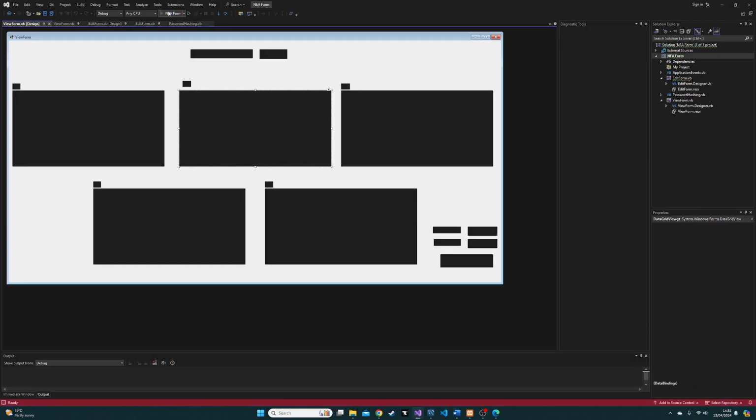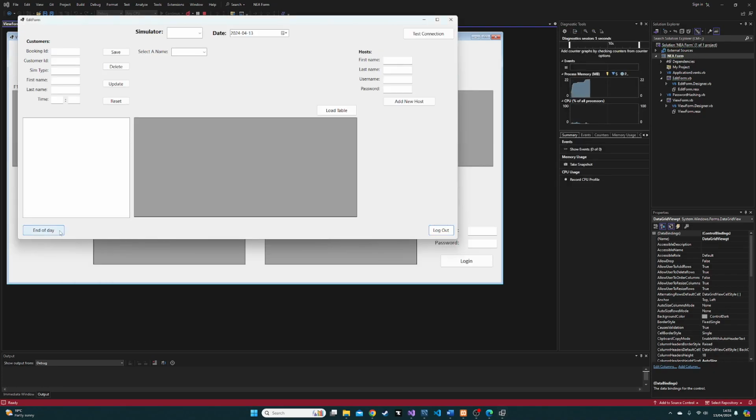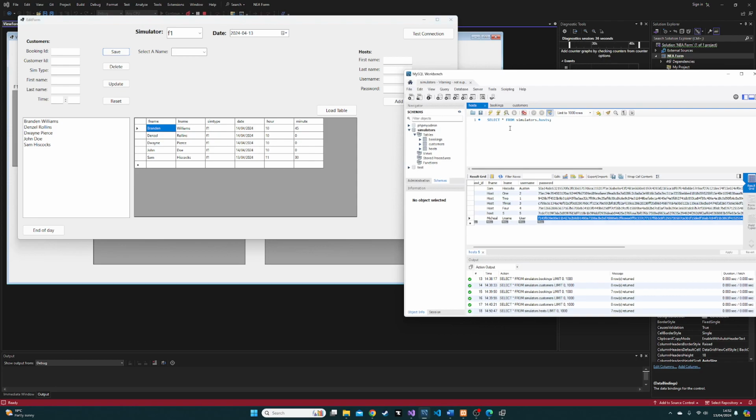Okay, and then that's pretty much almost it. So we're just going to go back into the form. We've also got the end of day. So currently on this day, which is the 13th right now, if I have to input new data, I can just put a new thing for the F1, any name, just put my own name, and then if I would like to go at 11:30, I can now insert new data,